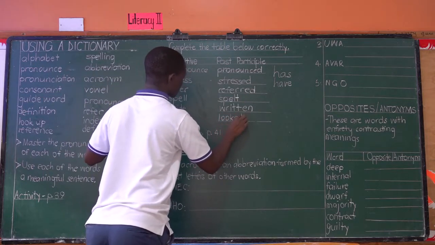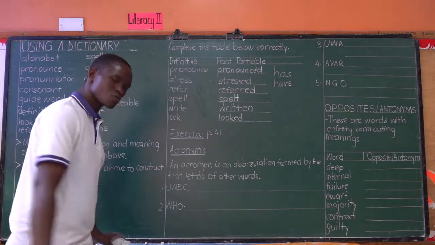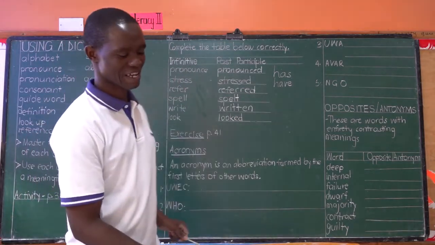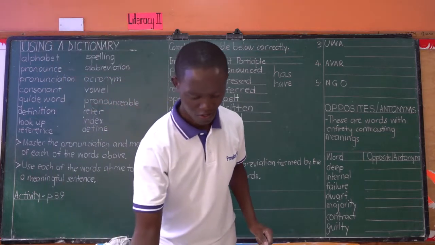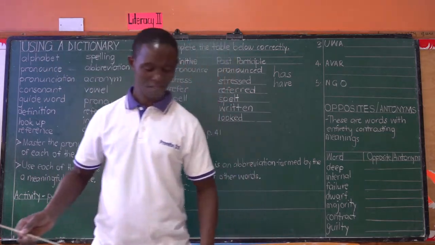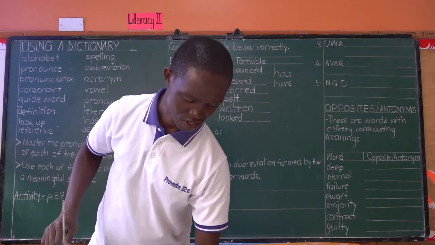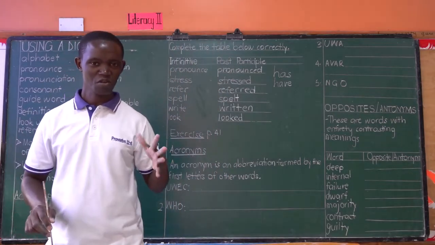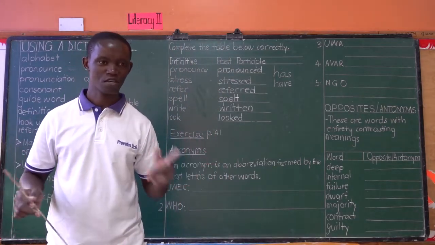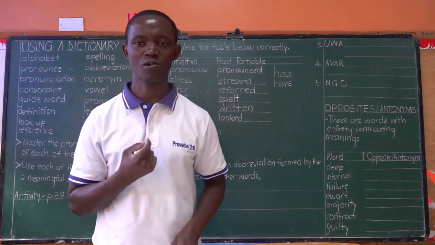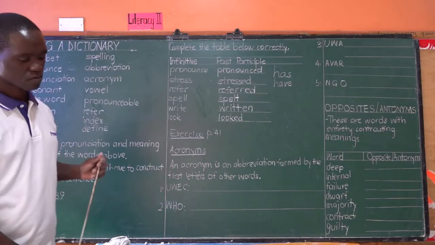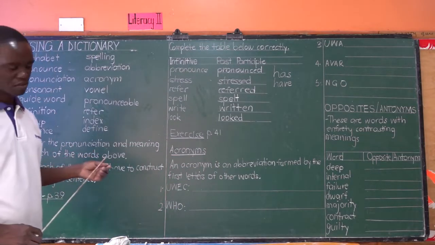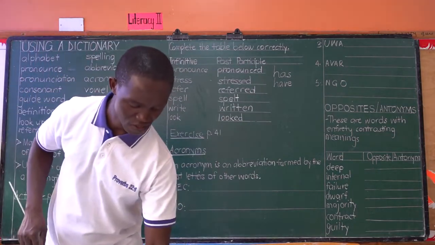You look up words in your dictionary. You don't look for words in the dictionary, like they are both lost. So you look up words in your dictionary, but not look for. That one you should understand today. Don't tell me, the teacher told me to look for the word, but I failed. No. The teacher told me to look up the word, but I failed. So, these definitions on page 40, we are done with them.